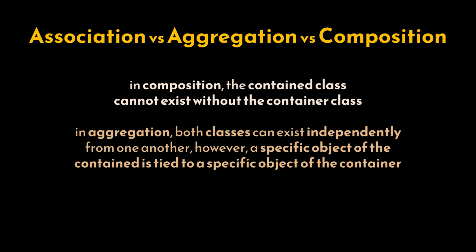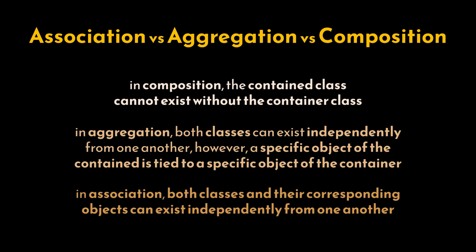However, a specific bank account instance or object is tied to a specific customer. Without that customer in particular, that bank account object cannot exist, but the customer object can. For association, both classes and their corresponding objects can exist independently from one another, even if a customer does not attend any event, or if an event is not attended by any customer,